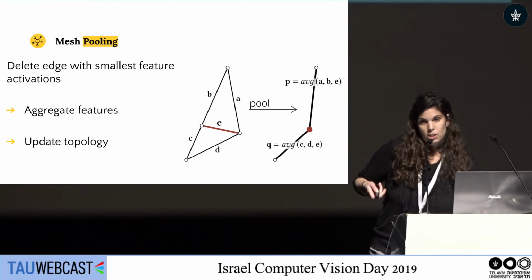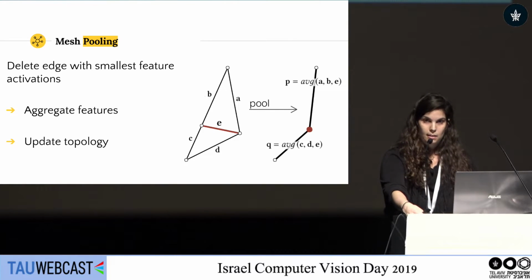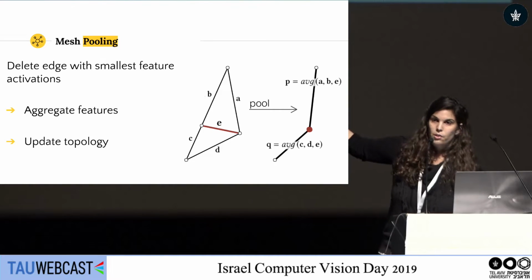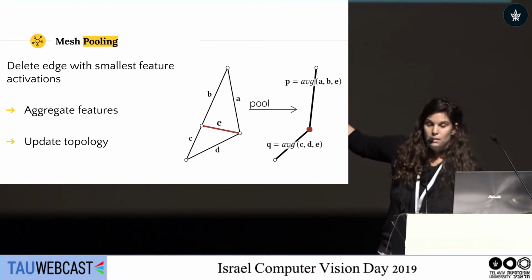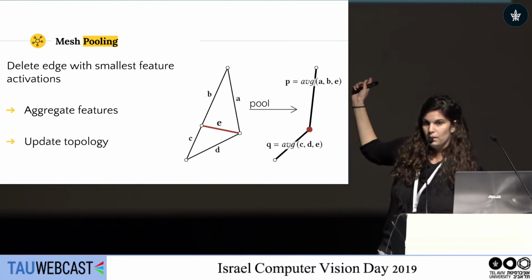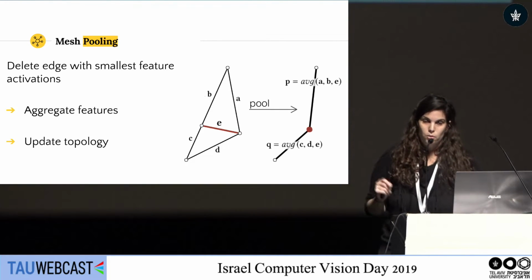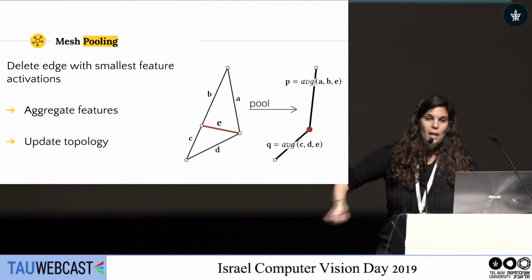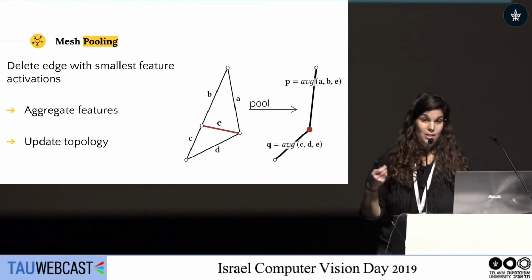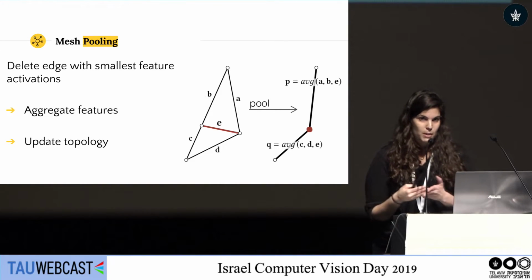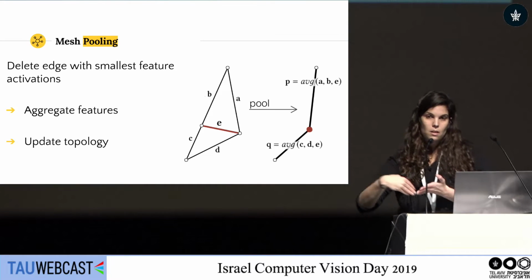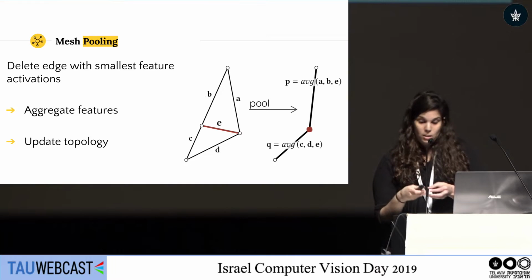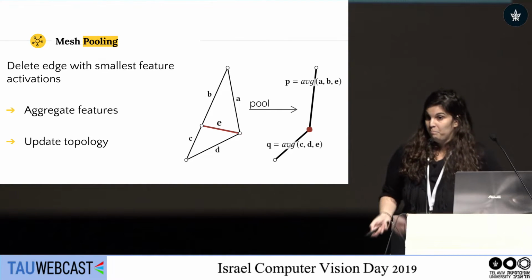Each deletion of an edge has two main operations. The first is, for example, if we want to delete this edge, the three edges A, B, and E are aggregated into a single edge P, and we element-wise average those features. In addition, the same thing happens in the bottom face. And then we also need to update the mesh data structures, so the adjacency information, when we go to do the next convolutions, we need to have the correct one-ring neighbors. So this is a dynamic operation that happens inside the network.